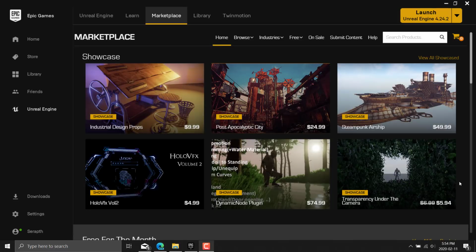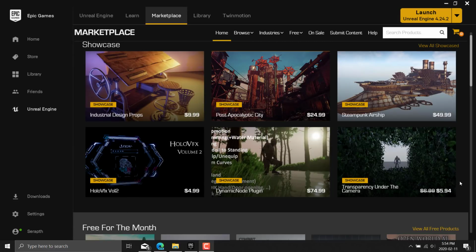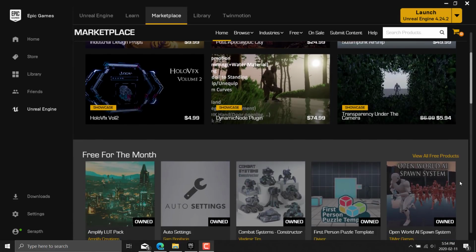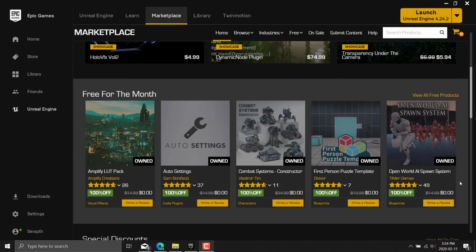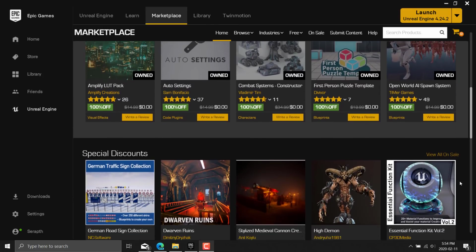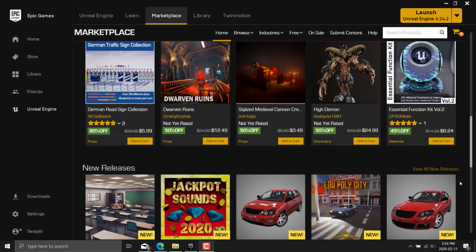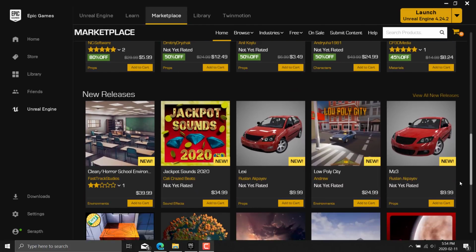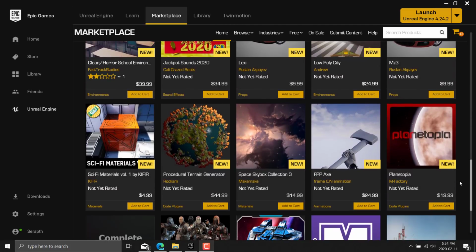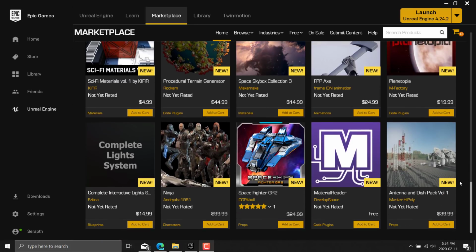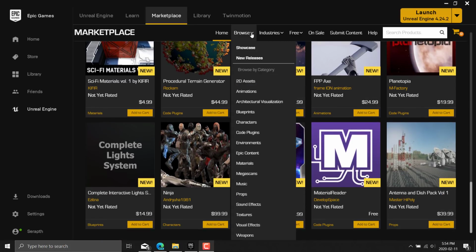So I guarantee you more people are making money in the Unity marketplace, and there's just more available in the Unity marketplace. But the quality, well, that could be a different argument. Now, at the same time, Unreal Engine do monthly giveaways. So at the beginning of every month, they give away 5 assets plus a couple more free forever. So it could be that if you're using Unreal Engine, there is less need for a marketplace.